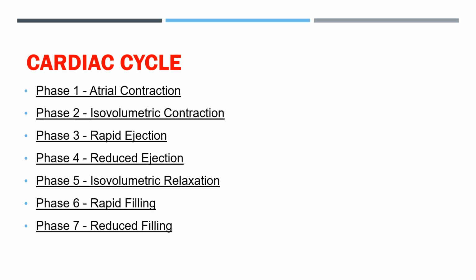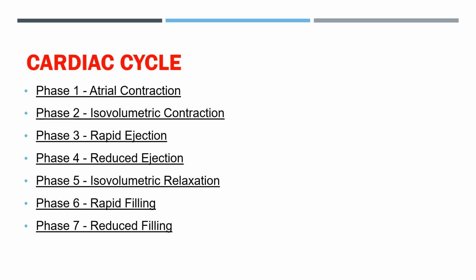Next, after the blood goes to the great arteries, the semilunar valves will close, and the atrioventricular valves are already closed. So the ventricle is in the relaxation stage, or diastole. This phase is known as isovolumetric relaxation. The amount of blood inside the ventricles at that time is the end systolic volume. Next, the atrioventricular valves will open, and there is a rapid filling from the atria to the ventricles. About 70% of the blood gets filled into the ventricles.